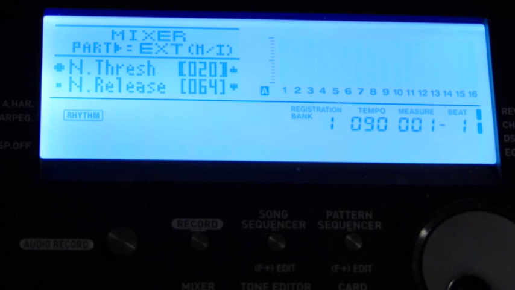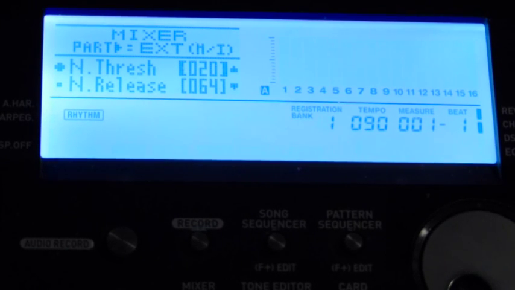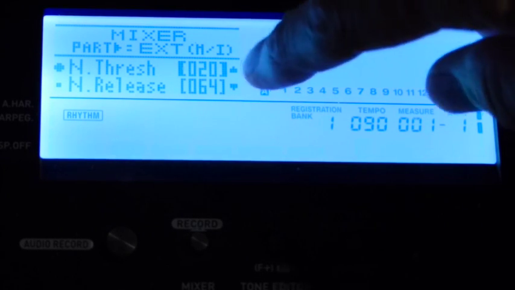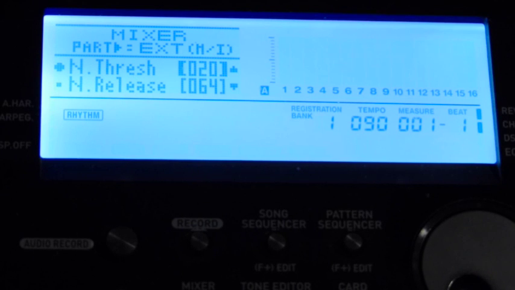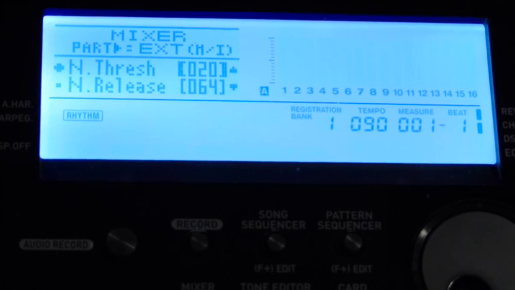And as we go down, you'll see this noise threshold. This is the noise threshold level. These inputs are very noisy, so what this does is a signal processing device that takes that noise up to a certain level and then cuts it off. And that's what these parameters here are, the 20 and the 64. The 20 is the point where the